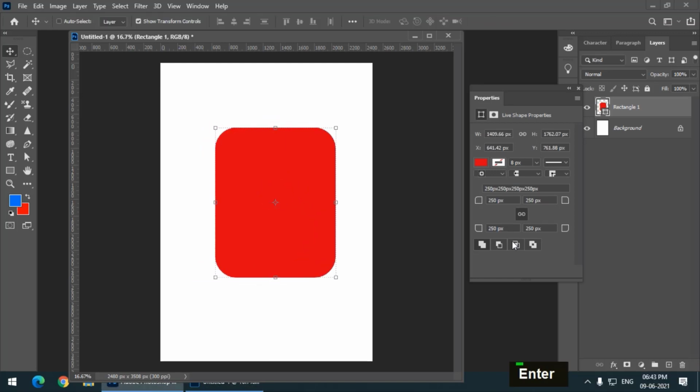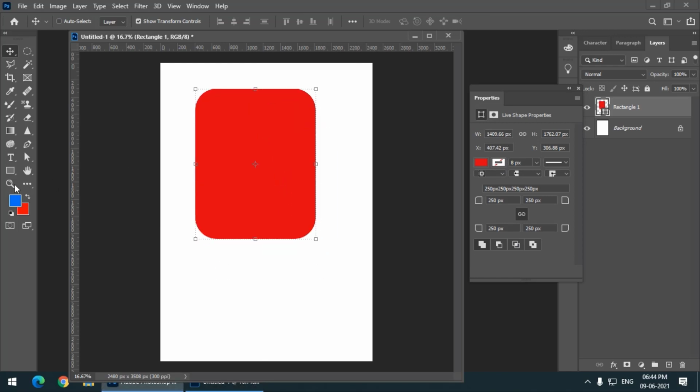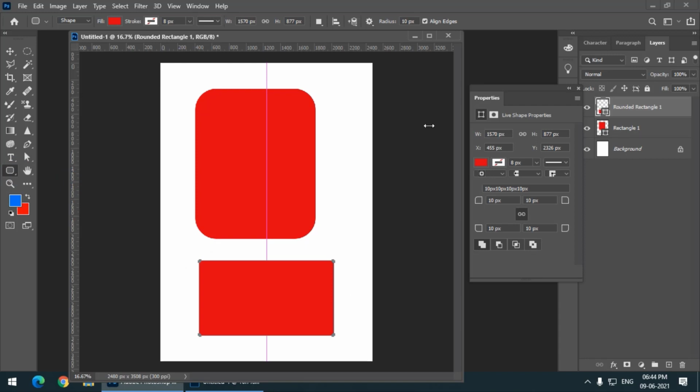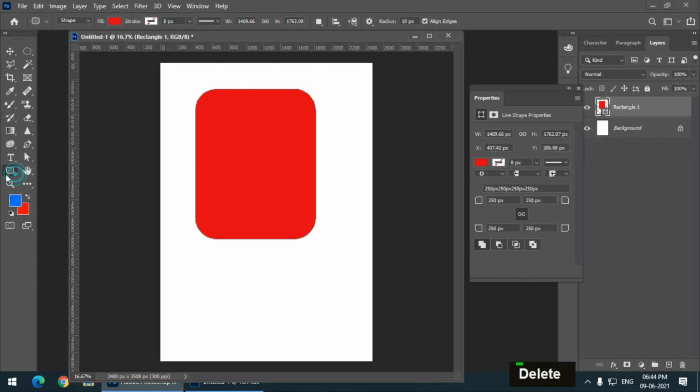So these properties are present in the property panel. So these are the things that we can do with any shape. So we also have rounded rectangle as a separate tool, but as we have these properties in the rectangle tool itself, then it's also okay not to use this particular option, the rounded.